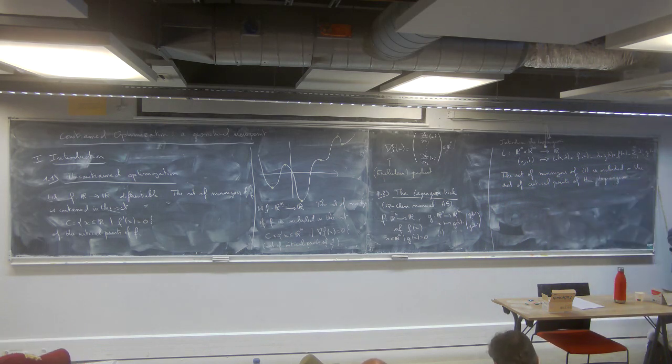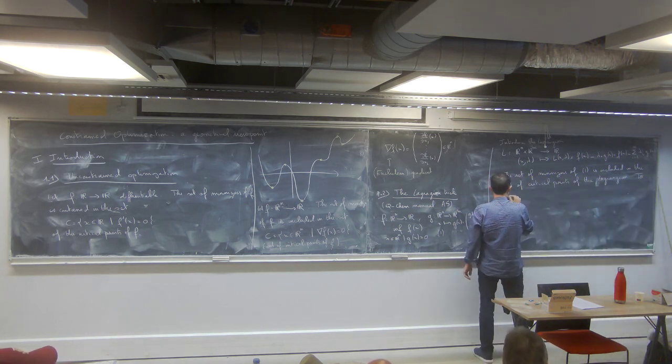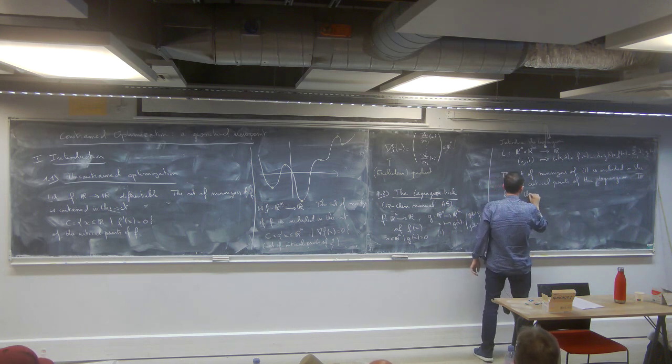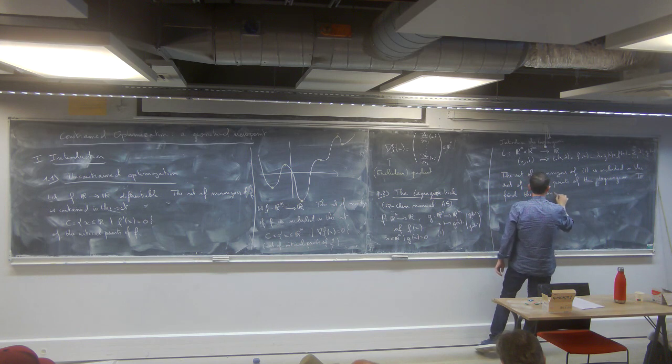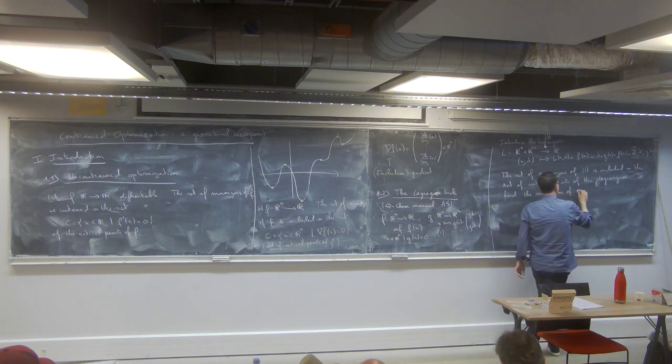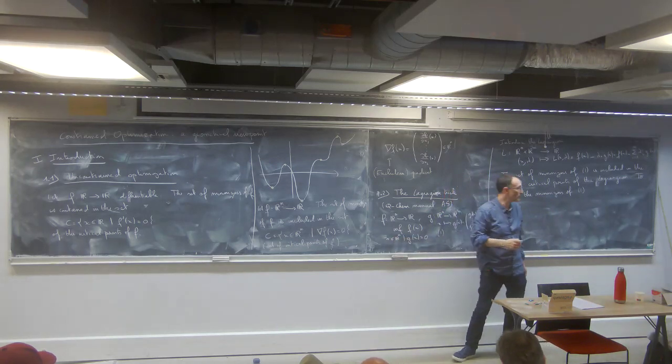So what does that mean? It means that to find the minimizers of 1, so of f over the set of x such that g of x equals 0,